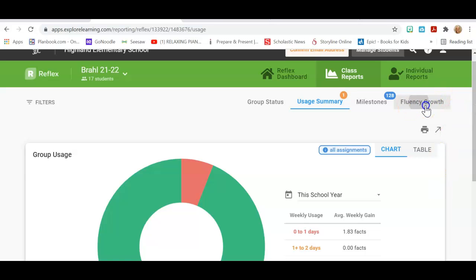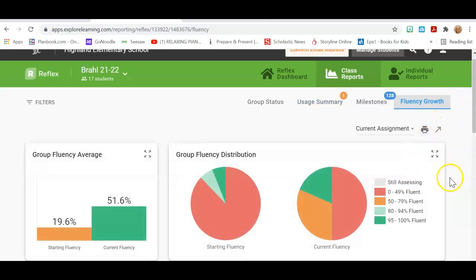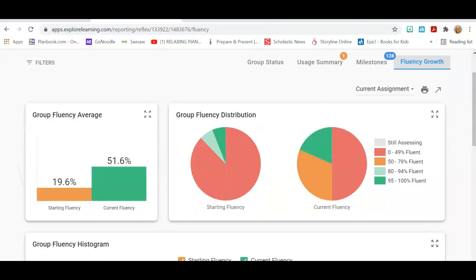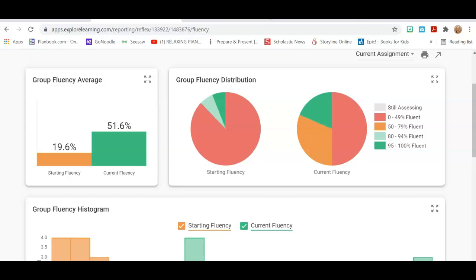light. So now I'm going to go under my fluency growth, which is the tab I was originally at. I do have my individual reports over here too that I can go in and look at individual students. But again, for this part, I am not going to do that since it's got my individual students' names. So I am going to go under and analyze the data for my group for how my students are doing